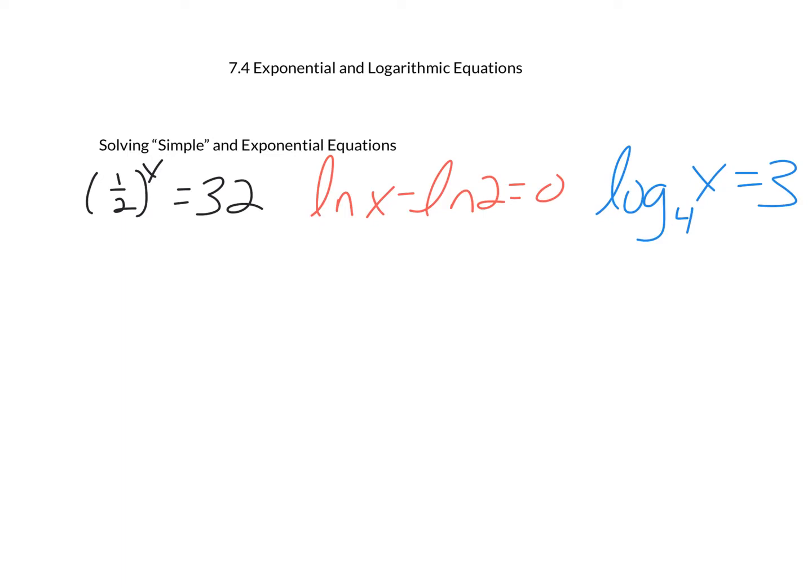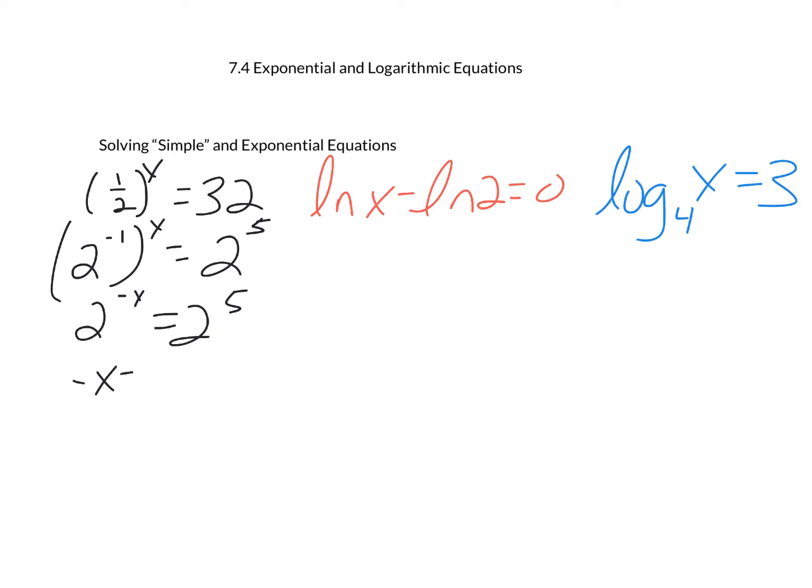So this first one on the left might be the most difficult, if I'm being honest with you. But if I tell you no calculator for any of these problems, you should be able to solve these without, not only without a calculator, but get a common base with these exponents. So 2 to the negative first is another way of saying 1/2. Okay, 32. 2 to what power gets us 32? It's 2 to the 5th. Power to the power we multiply. So 2 to the negative x equals 2 to the 5th. And set the exponents equal to each other when we get the same base, and x is equal to negative